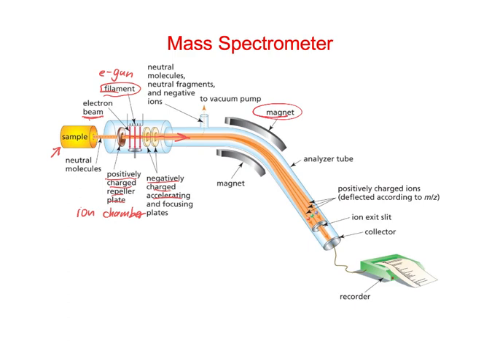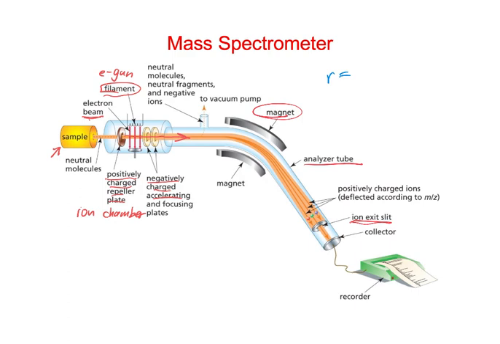And so once they come around, they get deflected, and they go down this analyzer tube, and for a given voltage on the acceleration and the magnetic field, really only a certain mass-to-charge ratio is going to make it through this exit slit. Okay? So the radius of the deflection, or of the curvature there,